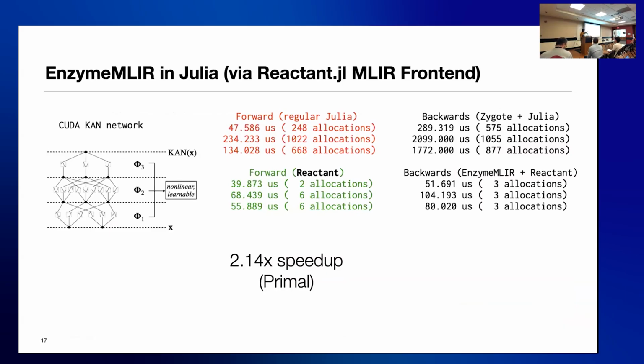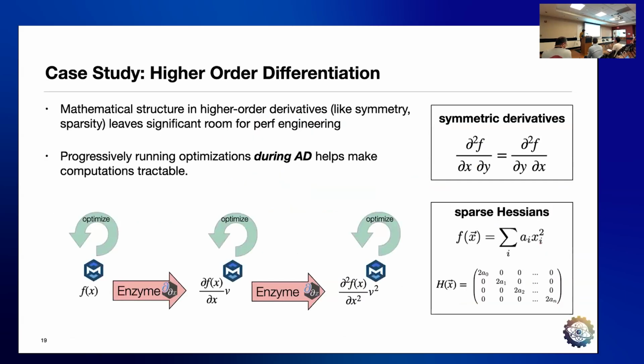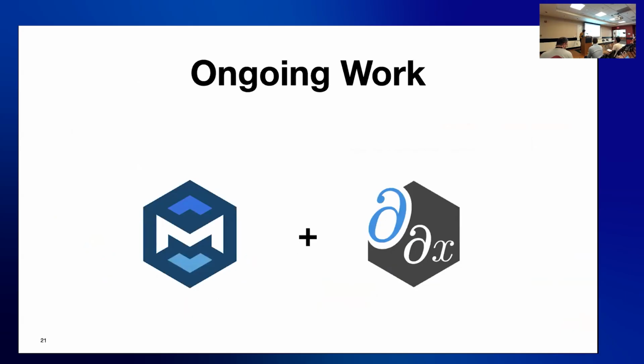We did this for a CAN network in Julia, and we got a 2x speed up on the primal, but we got like a 14x speed up on the back propagation code. Since we are running low on time, I'll skip the higher order AD case, and I will move directly to